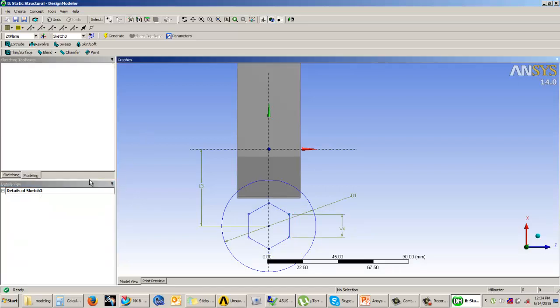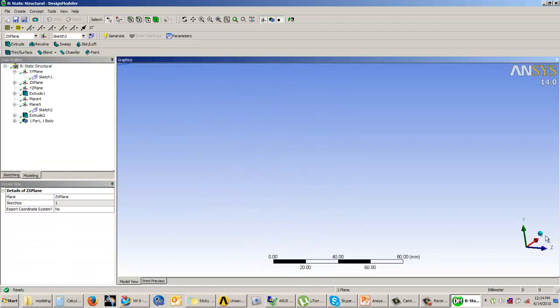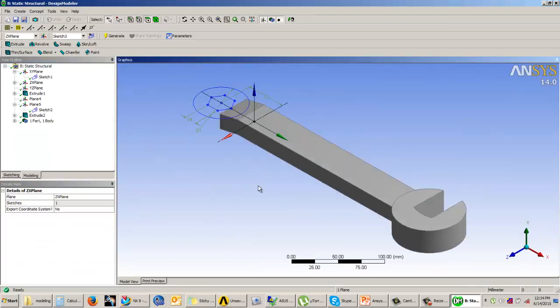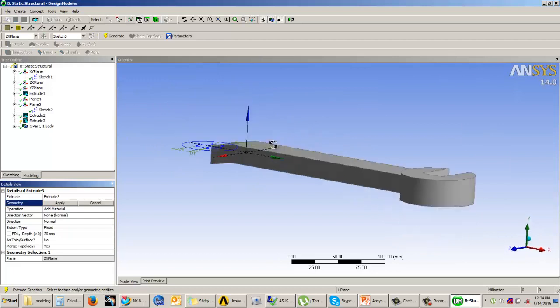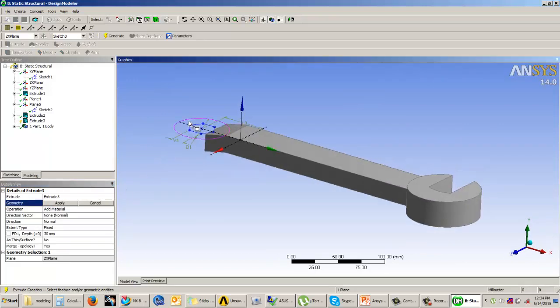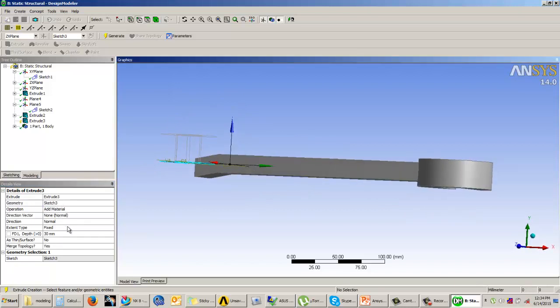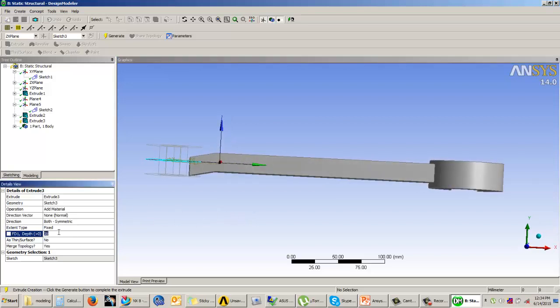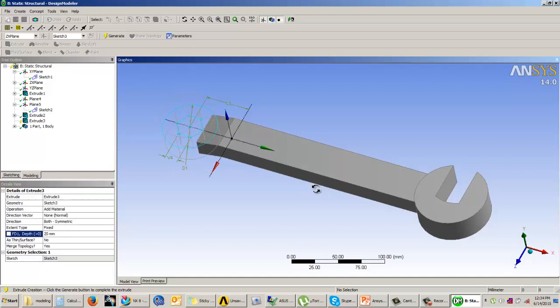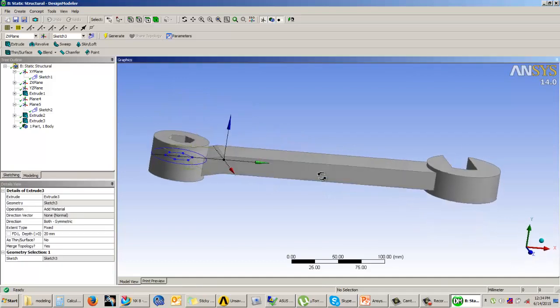And then we will come out, and now I want to add material to this. So again I will click on extrude. The sketch is this sketch 3. I need to add material, but it has to be on both the sides, and it should be 20. If you say generate,